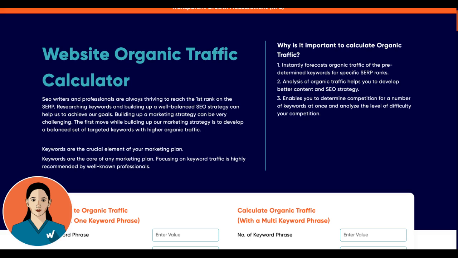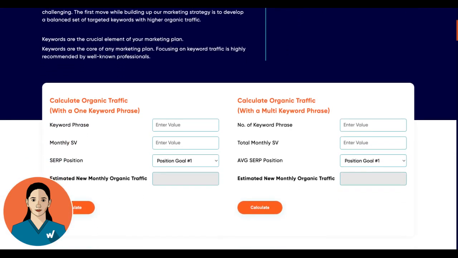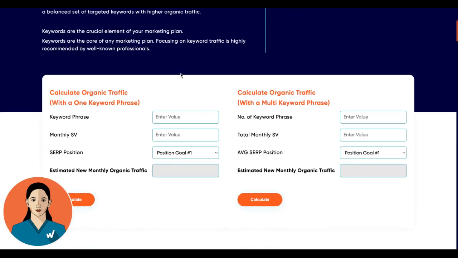So, with paid traffic, you invest your financial resources to attract visitors to your website quickly, while organic website traffic refers to visitors who find your website through unpaid natural search engine results. So, organic traffic is the result of your website's visibility and relevance within these organic search results. And often, organic traffic is considered more valuable than paid traffic as it indicates a high level of user interest and engagement.